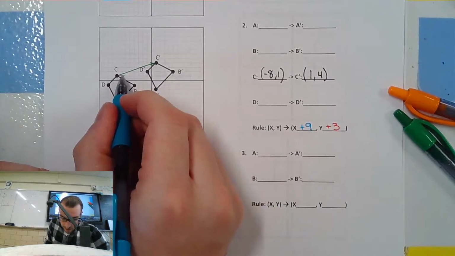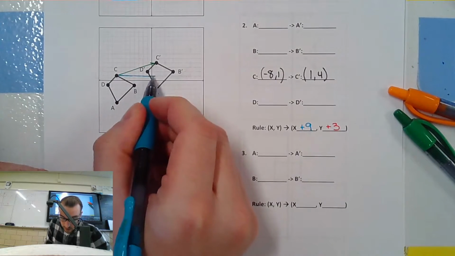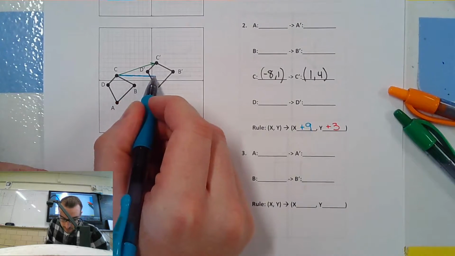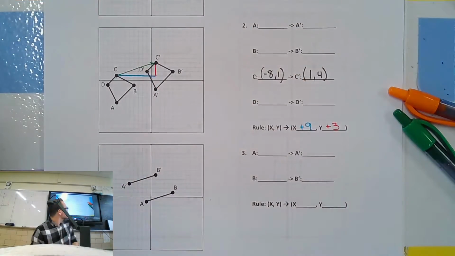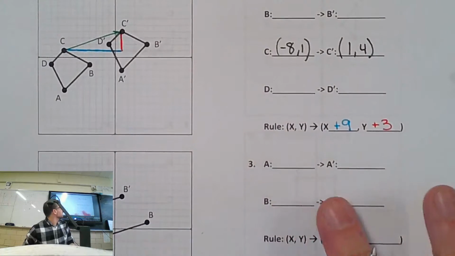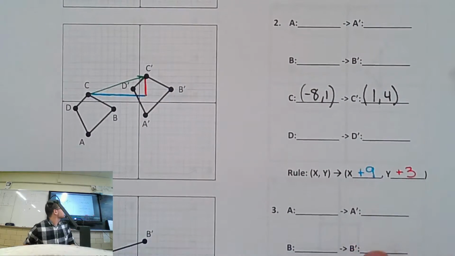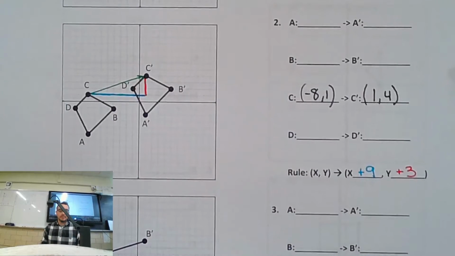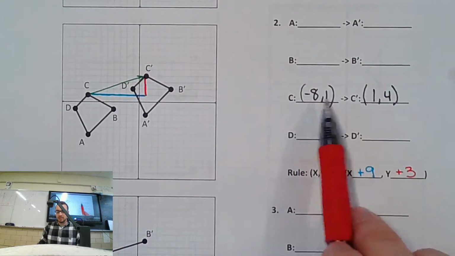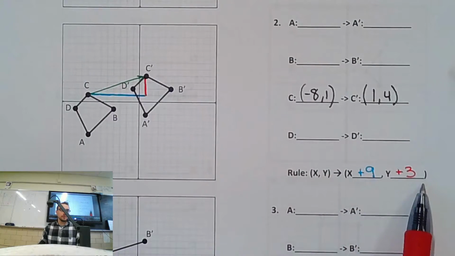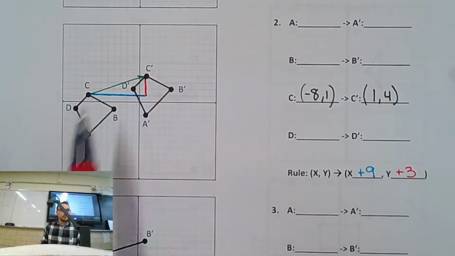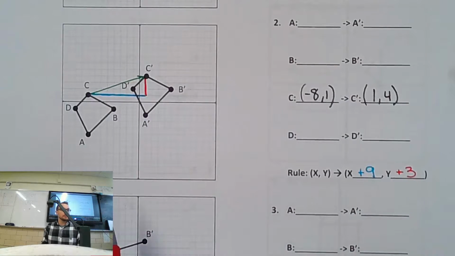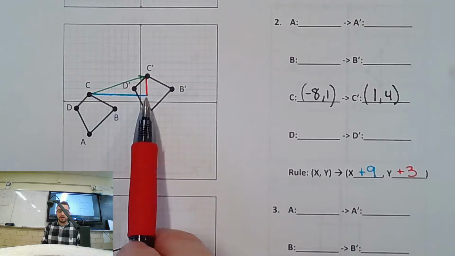I'm going to the right 3. Or I'm sorry, right 9. It's a big 3. So right 9 and up 3. So those are the components of my vector. So two ways to do it. One, write your coordinates down and see what you do, right? I added 9, I added 3. Plus 9 gets me there, plus 3 gets me there. So there's my rule. Or, draw your vector, figure out how far you went over and up. That's all this is, right? How far we're sliding them. We slid C 9 to the right and 3 up.